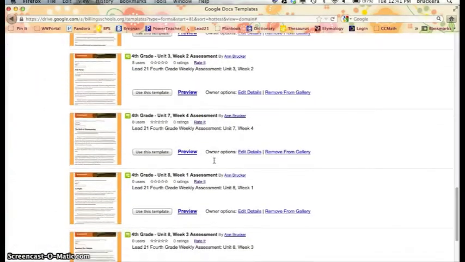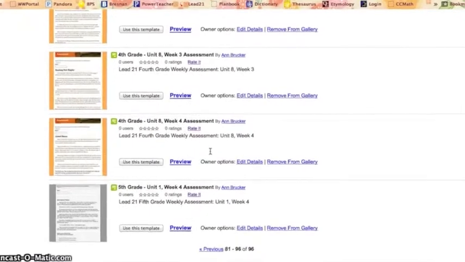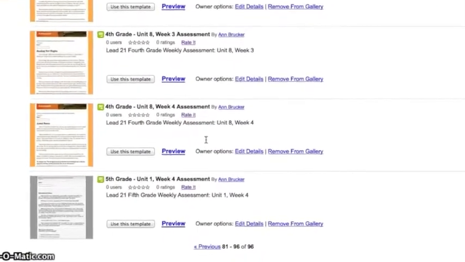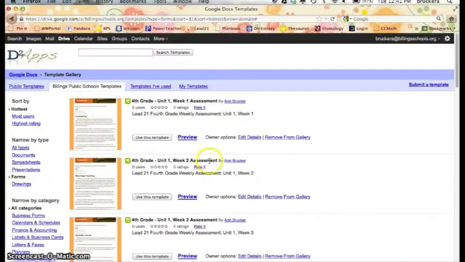You can scroll down the page to see the list, and since there are 96 assessments in all, they go on to multiple pages. If you don't want to browse through all of them to find the one you're looking for, just use the search feature at the top of the page. Type in your grade level and the assessment you're looking for, and you will get a list of the results